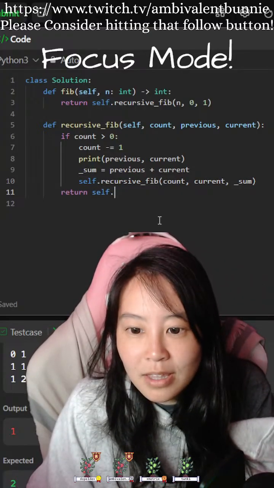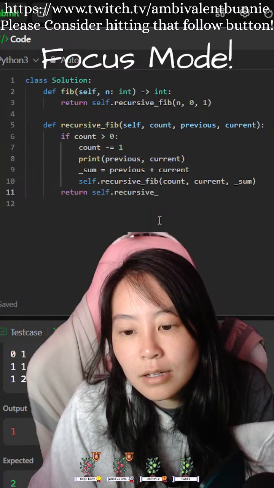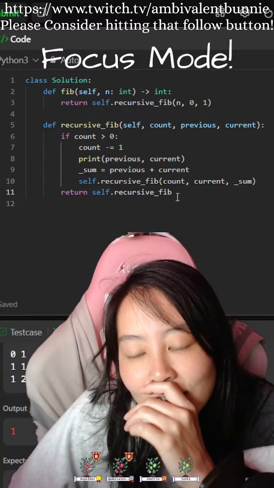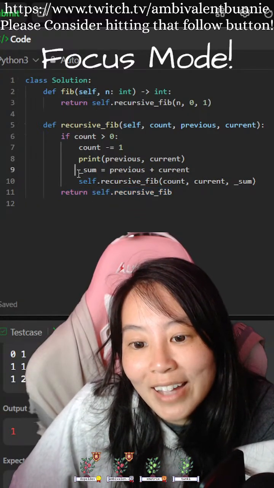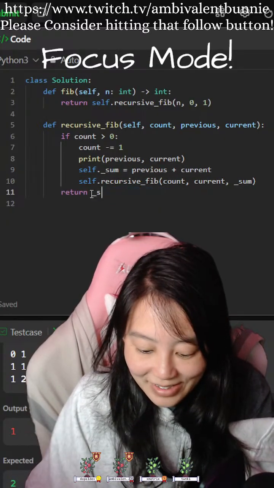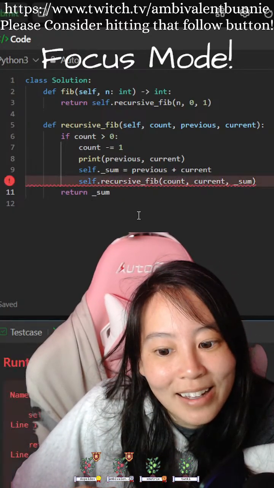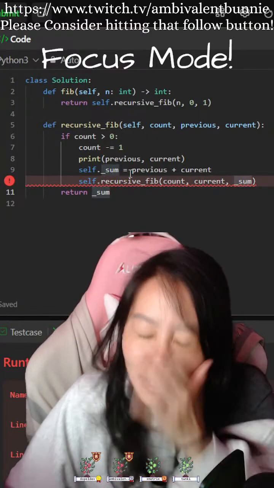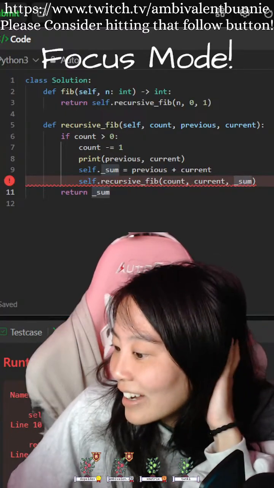Is it supposed to be this? No. No. So... Okay, so I can do it like this, right? Where... Right? But then that doesn't make any sense because... No. Okay. So this is where I had issues last time. I hate the returns.